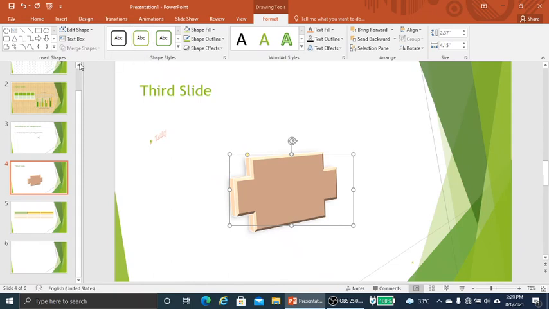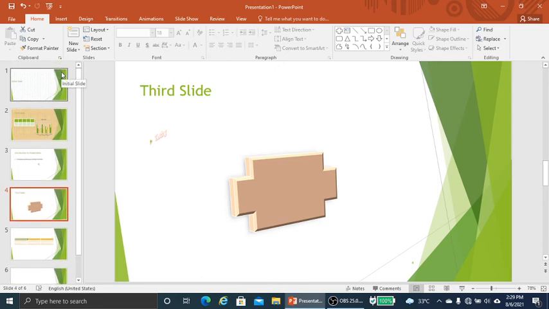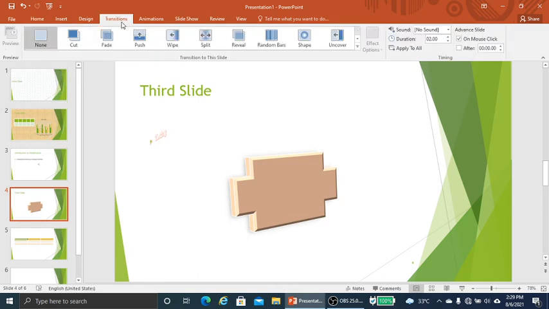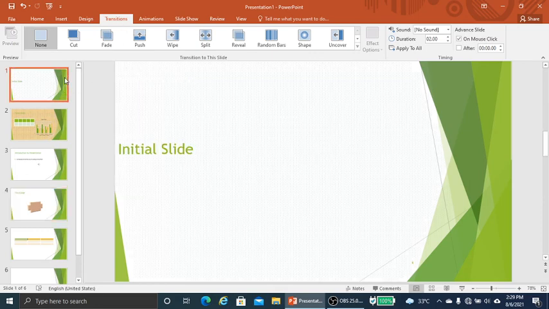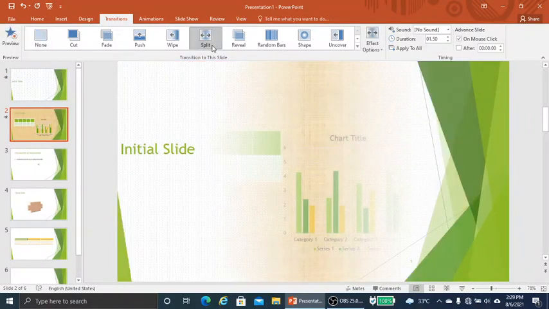Now the very interesting one, the animations and the slide transitions. How to add the animation and slide transition? For adding a transition, we go to Transitions. For this particular slide I want it to come like this. The next slide should split and come.